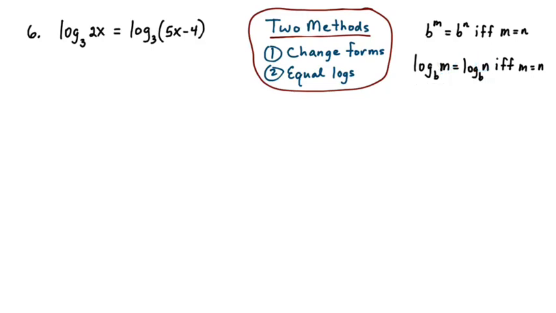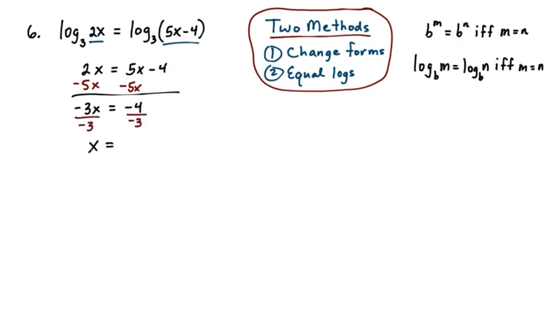All right, so let's go ahead. Actually, we'll be using that shortly. We're going to use it right here, and then we'll use it in some of the problems we get to later. So if you look at the problem here on number 6, these are two logs that are equal, and they're both base 3 logs. And so the inner parts must be equal. 2x must equal 5x minus 4. So we need to get x on one side only, so I'm going to subtract 5x on both sides. We get negative 3x is equal to negative 4, and I'll divide both sides by negative 3,